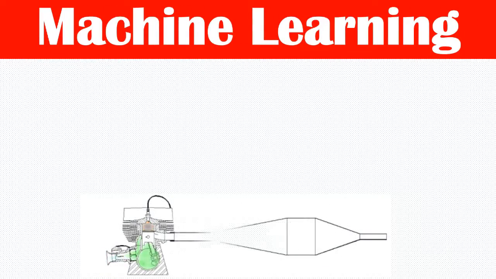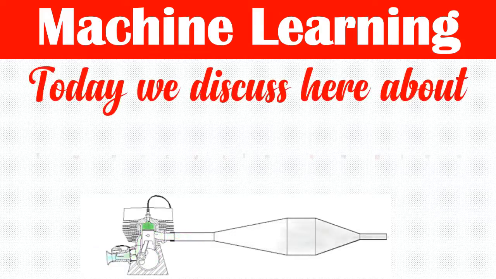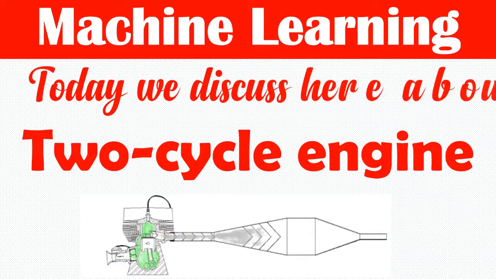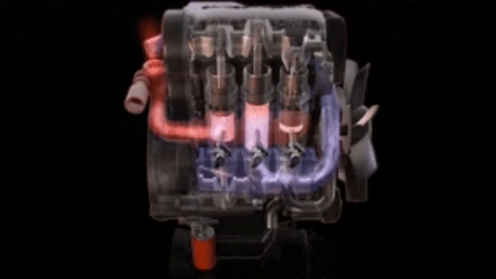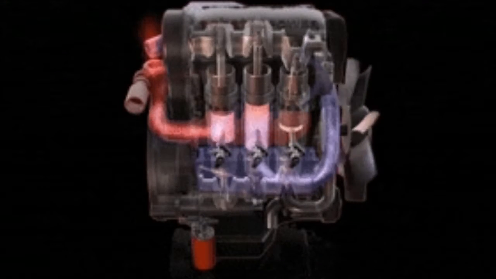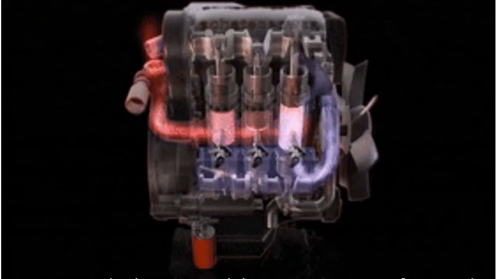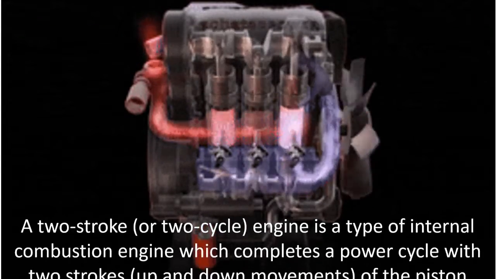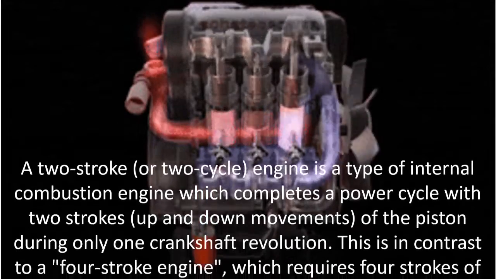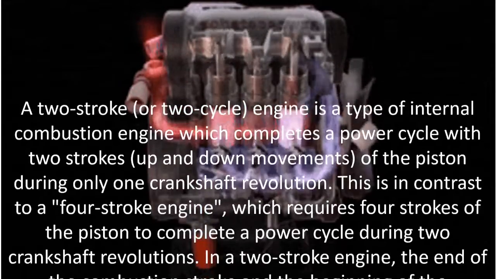Today we discuss the two-cycle engine. A two-stroke, or two-cycle, engine is a type of internal combustion engine which completes a power cycle with two strokes, up and down movements, of the piston during only one crankshaft revolution. This is in contrast to a four-stroke engine, which requires four strokes of the piston to complete a power cycle